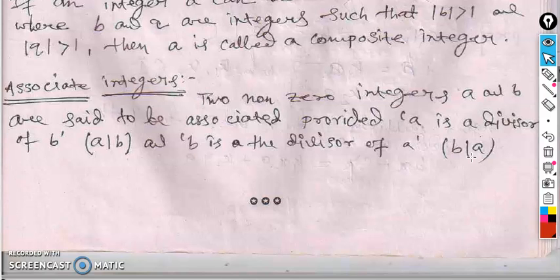Most of the time you think that both the numbers should be the same. That need not happen in every case, because if we consider two numbers, one is 5 and another one is minus 5, it should satisfy both the cases. 5 divides minus 5 as well as minus 5 divides 5, but 5 is not equal to minus 5, so 5 is associated with minus 5. Exactly for that reason we say two numbers are associative if a divides b as well as b divides a.